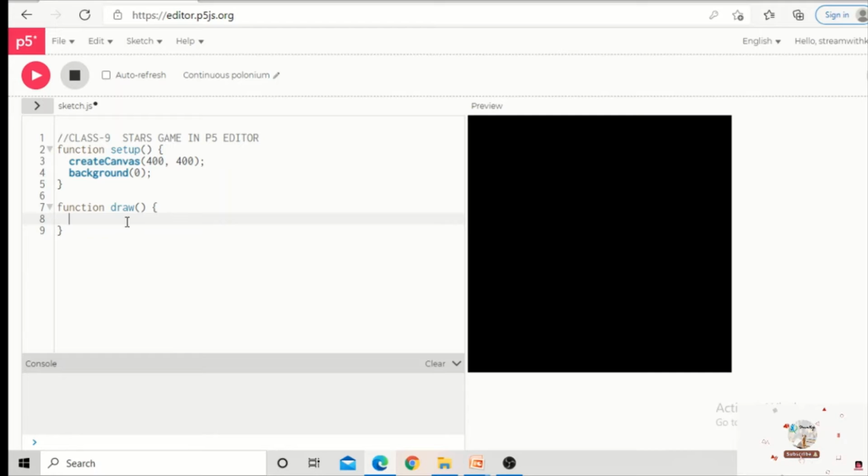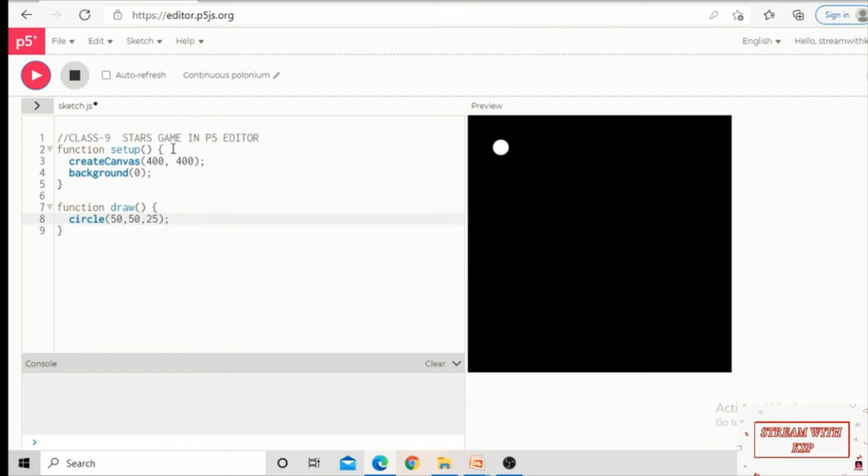Now I'm going to create a circle first. To create the circle, I'm going to use the ellipse instruction, or else we can also use the circle instruction. The circle instruction will take three arguments, right? We already know that. The X and Y position is 50, 50 and the radius will be 50. I want my circle in this place. If I click on the play button, a circle is displayed on the screen, but I want a little bit smaller circle. So let me give 25. Now it looks good.